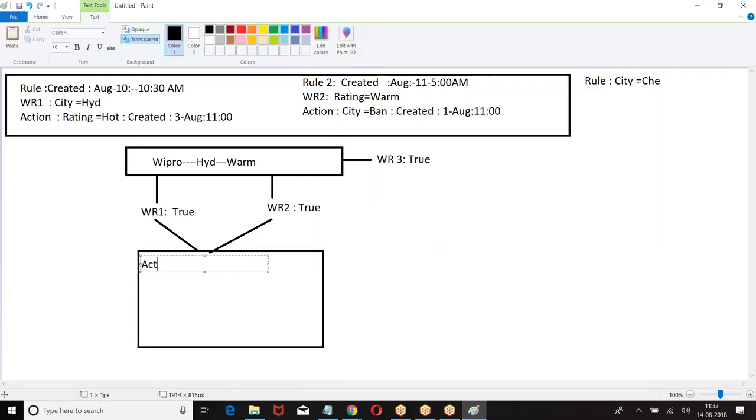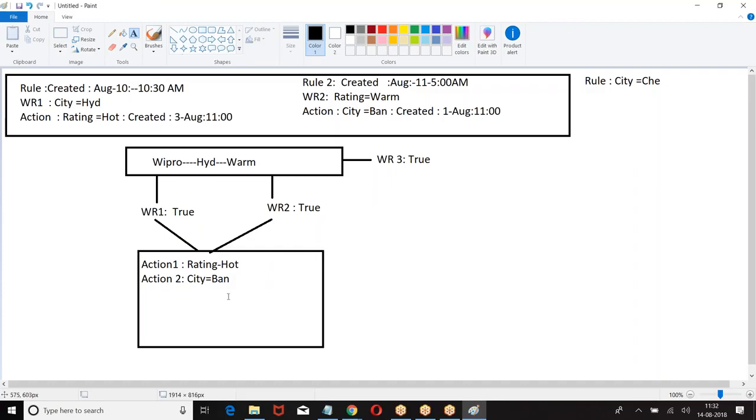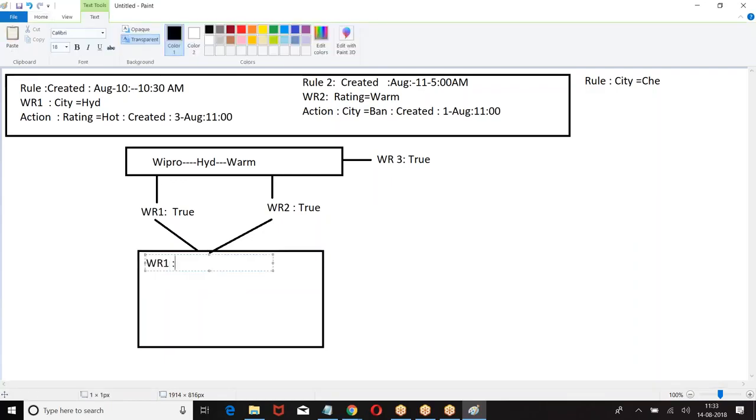So what is the action? Collect their action. And their actions are performed as per the order of rule created date. Which rule was created first? So collect their actions. What are the actions we have? Workflow 1, city equal to.